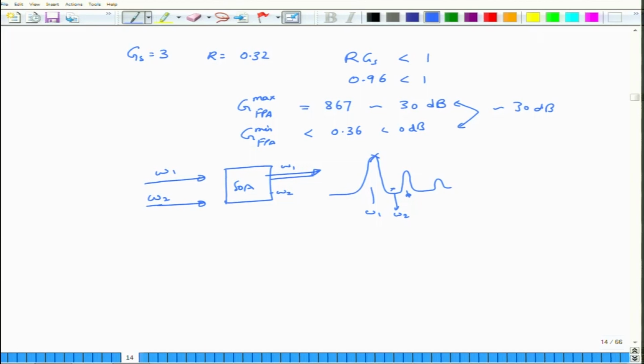How do I ensure that that is happening? The way to ensure that would be to further reduce RGS. Consider taking the single pass gain to be GS equal to 2 while keeping R the same, 0.32. In this case, the product is about 0.64, which is less than 1. Okay, the difference is not too much. You would think you have 0.96 in one case and 0.64 in the other case, but it turns out